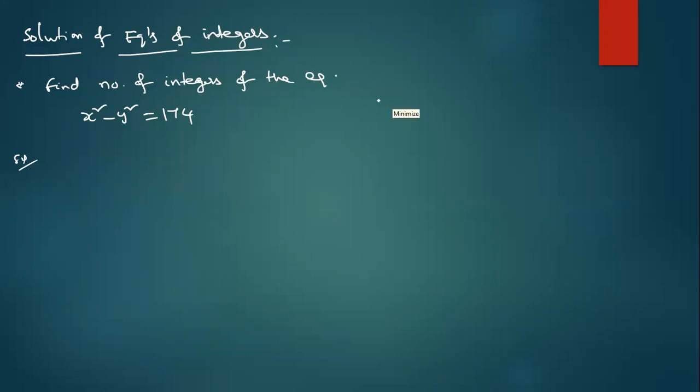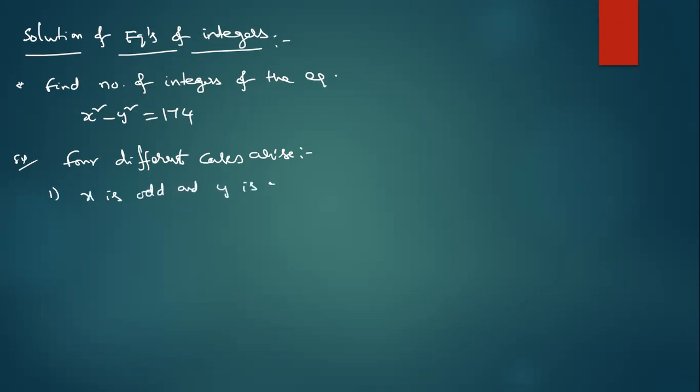Sir, can you repeat? The question is x square minus y square is equal to 174, and the right side is an even number. So the left-hand side must also be an even number. Here 4 different cases are arising. What are they? Suppose, dear students, x is odd